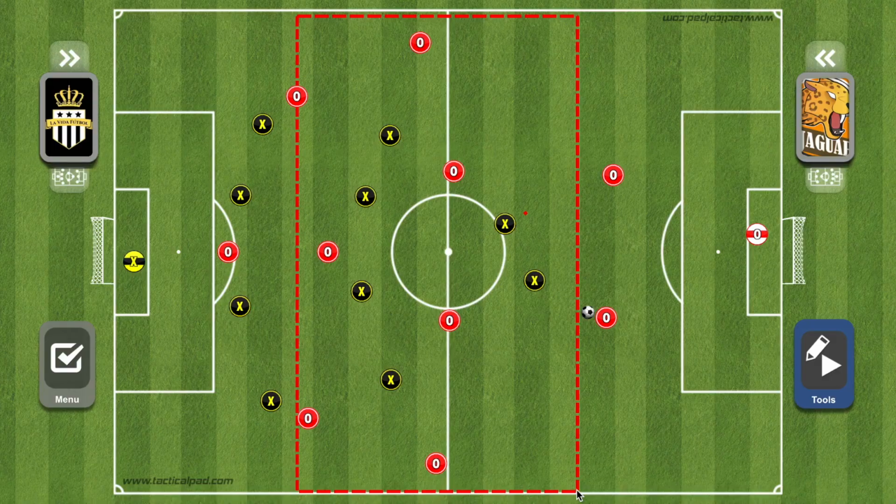Because up until that point, the center backs would essentially just be either dribbling or passing and trying to get up the pitch. But it's not until we get around the midfield that we want to implement some of these concepts that